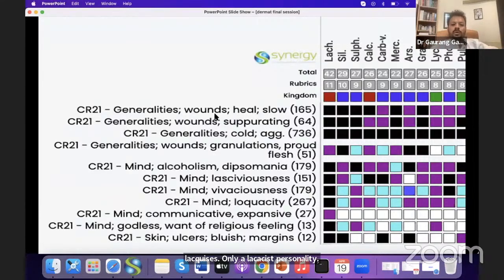So the first rubrics I took were wounds with slow healing, wounds suppurative, wounds granulation proud flesh, alcohol, lasciviousness, vivaciousness, because he spoke with a lot of animation, fervor and communicativeness. Also the fact that he doesn't believe in religion, the godless feeling, and the fact that the ulcers had a bluish margin. So this is what it was. It was, yes, you're right, a clear-cut case for me at that point of Lachesis. But there is only one problem,